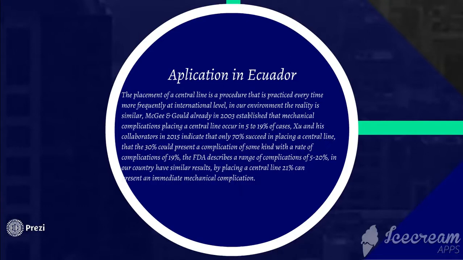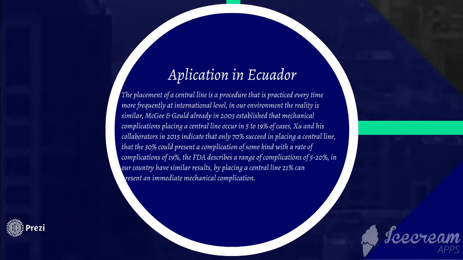Application in Ecuador. The placement of a central line is a procedure that is practiced more and more frequently at the international level. In our environment, the reality is similar. McGee and Gould already in 2003 established that mechanical complications placing a central line occur in 5 to 19% of cases. Xu and his collaborators in 2015 indicated that only 70% succeed in placing a central line,